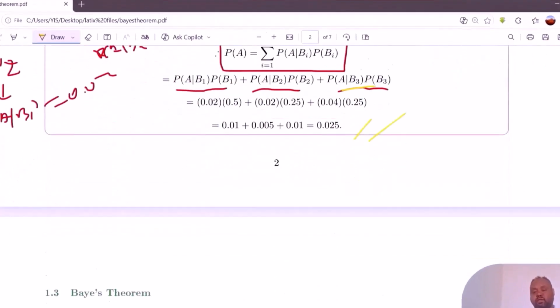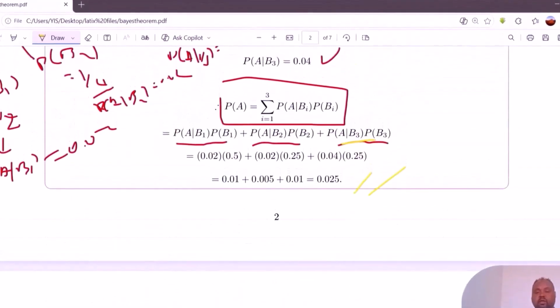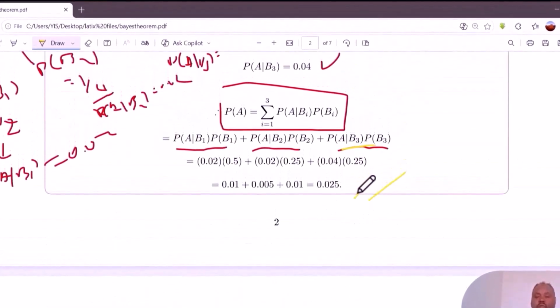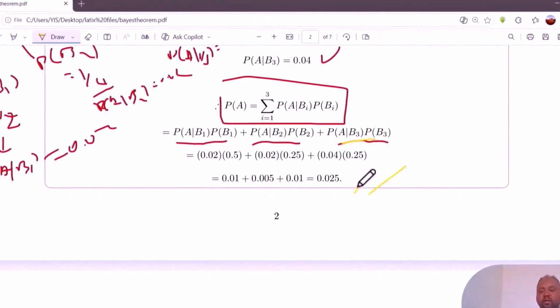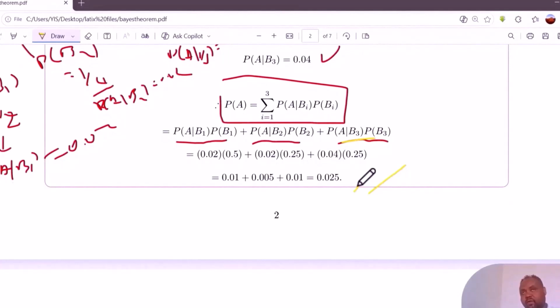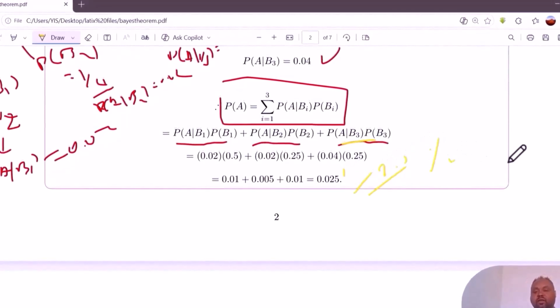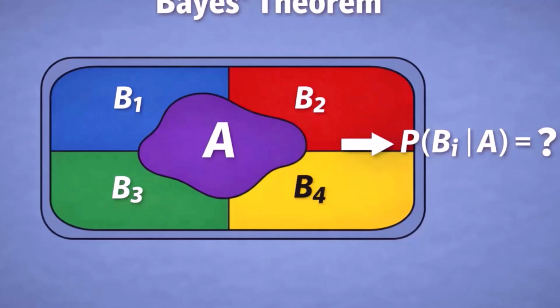What does this number mean? This is nothing but the total probability of the event of being defective. That defectiveness comes from machine 1 or machine 2 or machine 3. So 2.5% is the total defective rate of the sample space S, and if we define an arbitrary event